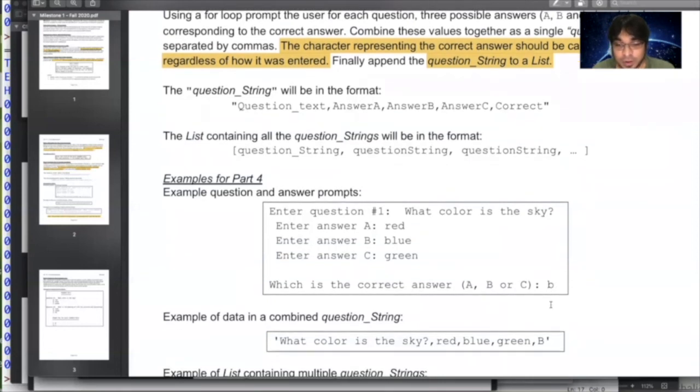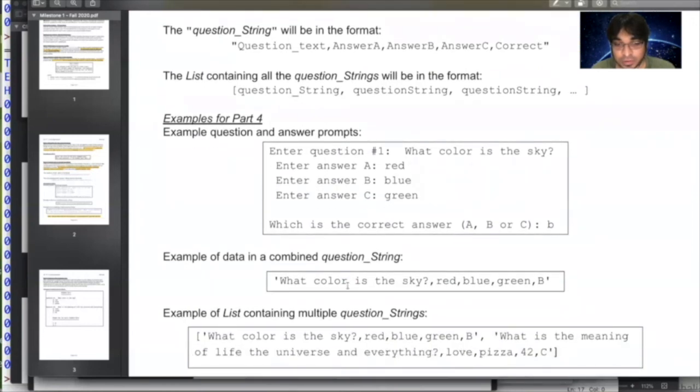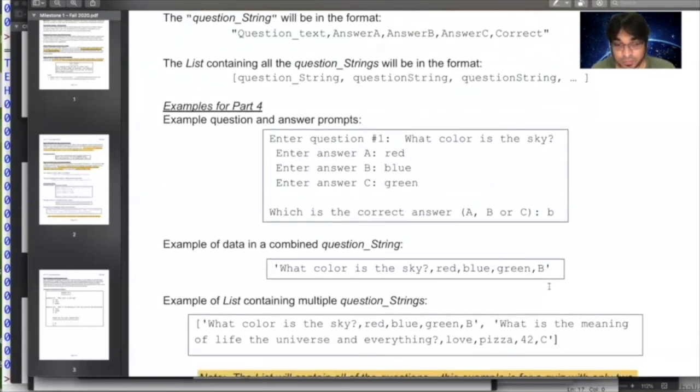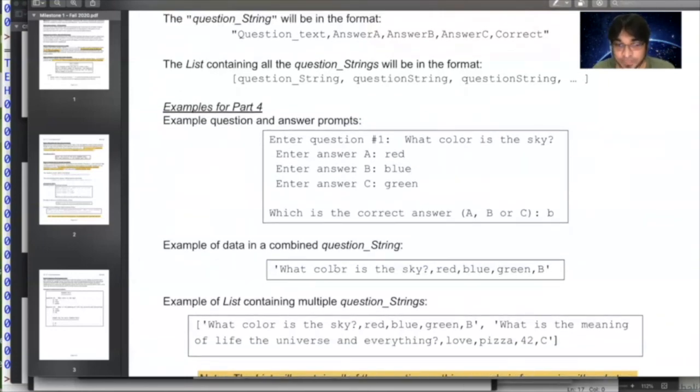But when you store this question in your program, it should be stored as: what color is the sky? That's the first bit, comma, the first choice, comma, the second choice, comma, the third choice, comma, in uppercase, the correct choice, which is B in this specific one. So this is a string.